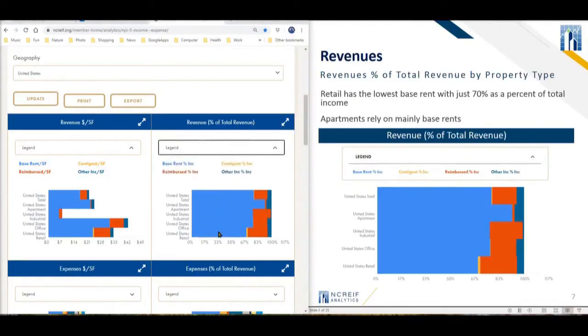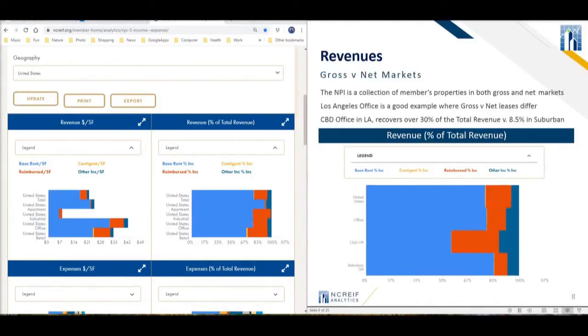Another way of looking at revenue is as a percent of total revenue. In this perspective, retail has the lowest base rent, with just 70% as a percent of total revenue. Remember, the NPI is a collection of member properties in both gross and net markets, and that these percentages change